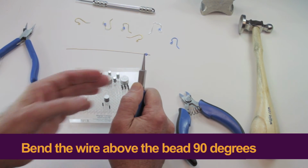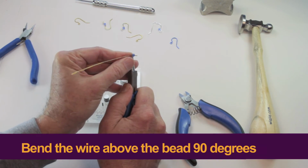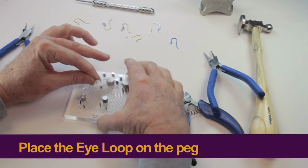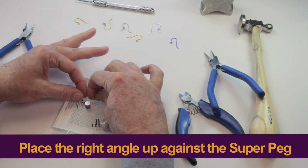So I love that. Again, we're going to bend it immediately above the bead 90 degrees, just like that. Same steps as we started with. Start with the eye loop, add the bead, bend the wire immediately above. It uses exactly the same pattern here as we used for the earlier one. Put your loop on